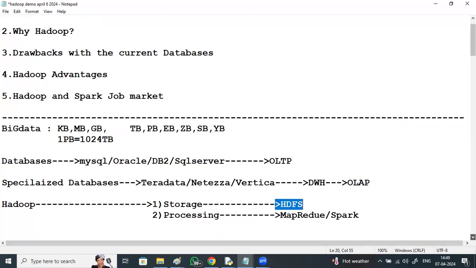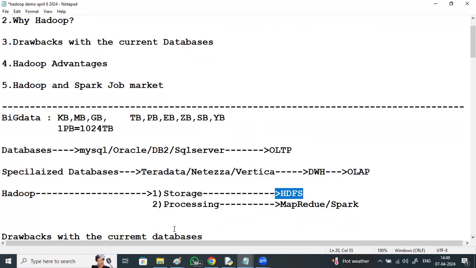You may get one query. We have storage technologies like databases, Oracle, MySQL, DB2, SQL Server, used for storing data, and processing technologies like Java, .NET.